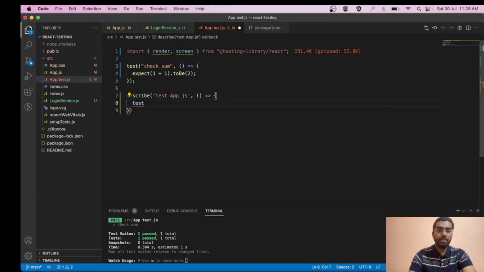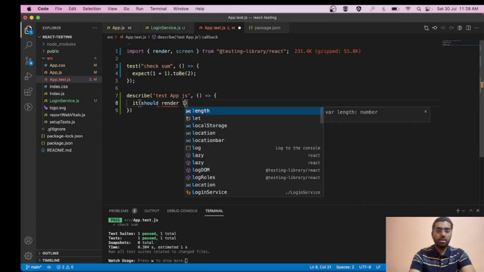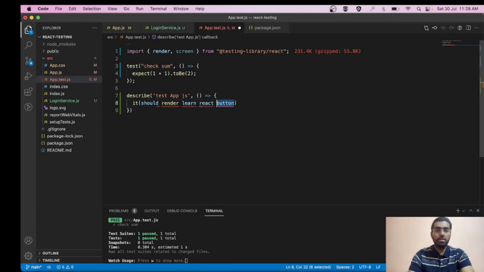First we will check, so over here let's try with it: it renders, it should render learn React button. Cool. And give it a callback function also.